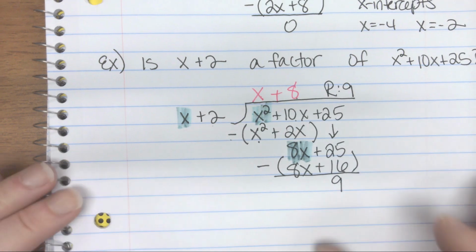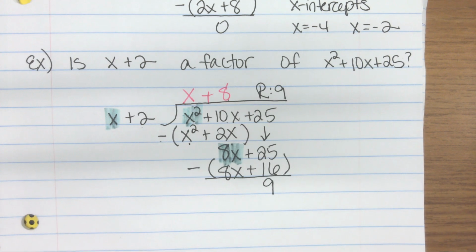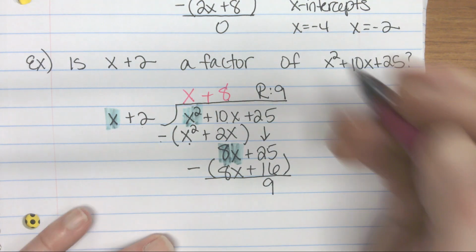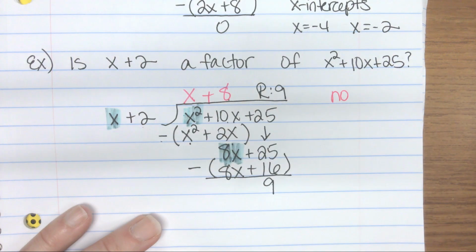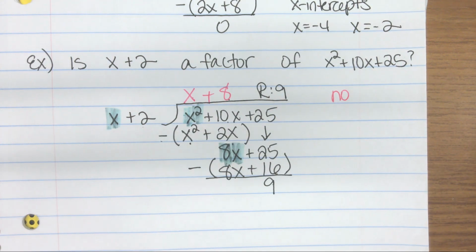So then the question, is x plus 2 a factor of x squared plus 10x plus 25? The answer would be no, because I got a remainder that's not 0. So if I don't know the factors, then I can't say anything about the x-intercepts or things like that. Okay,